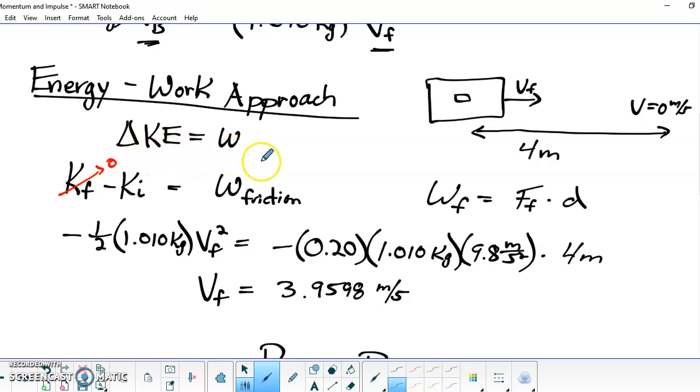the work of friction. So my block has some initial velocity, we called it VF from the previous part of the problem, and it travels 4 meters before getting a final velocity of 0, which means my kinetic energy final is going to be 0. And I can solve this equation here with the work of friction being equal to the force of friction times its displacement. If you substitute all those variables in here, my kinetic energy